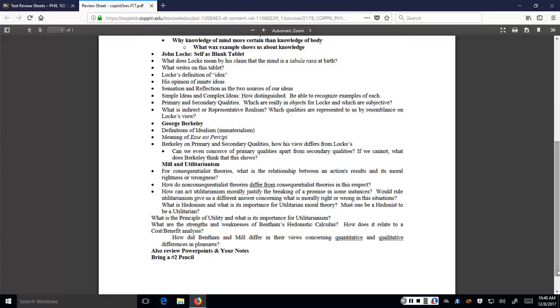But if you can understand that in order for a pain to exist, it has to be experienced by a mind or a perceiver, that is, its existence is dependent on a mind, well, you can understand where Berkeley goes,